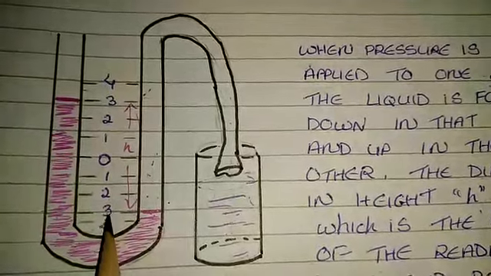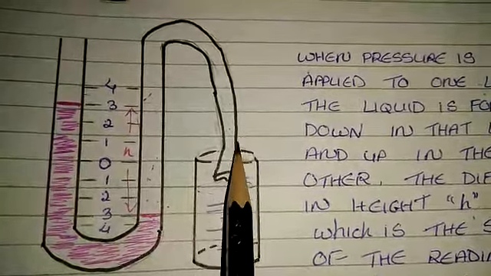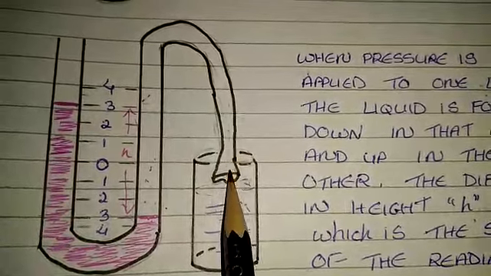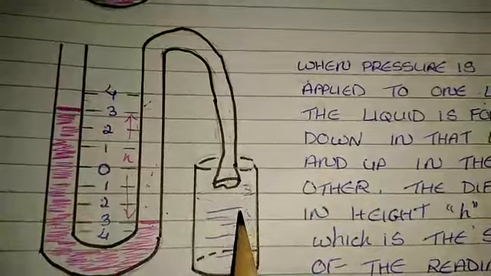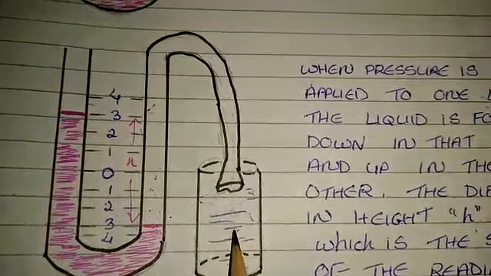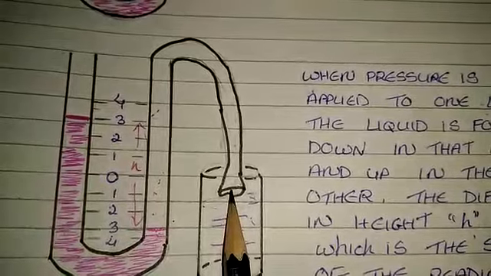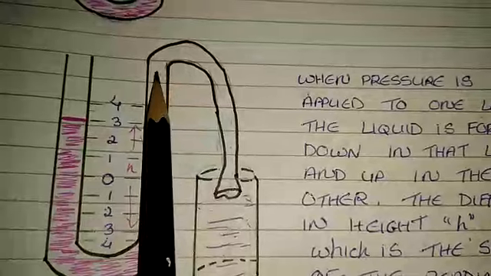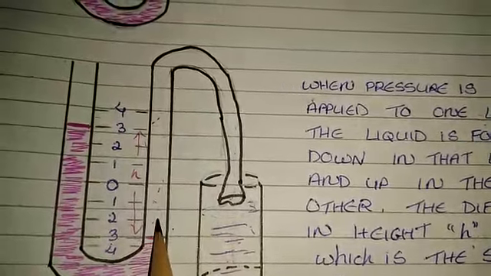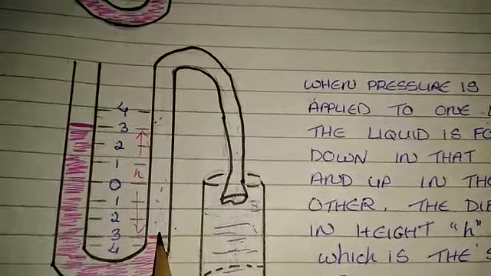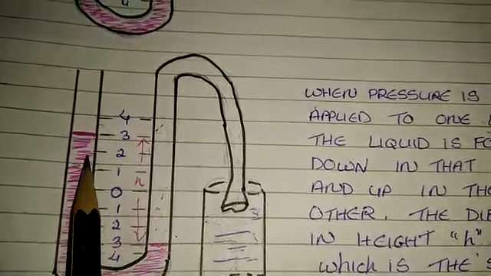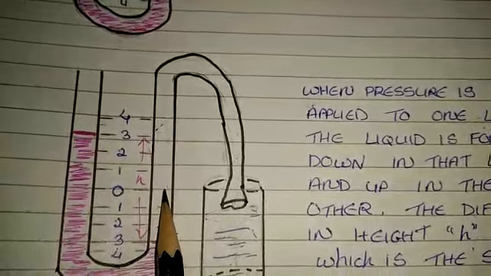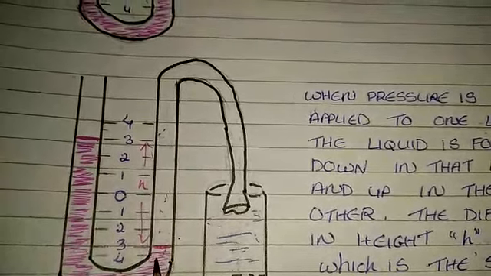Now in this next diagram you can see that this funnel has been put into a glass of water. As this funnel is pushed down into this glass of water, the liquid which is present here also gives a push to this rubber sheet. And because of this upward push, the air inside this arm goes down and pushes the water, and so the water comes up in the other arm. So previously the water was here and now it has gone down up to here.